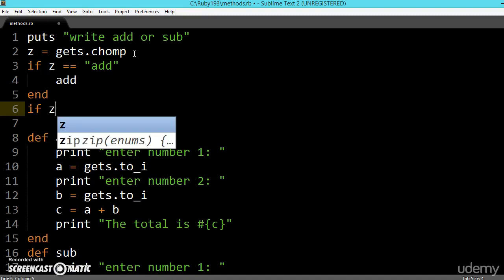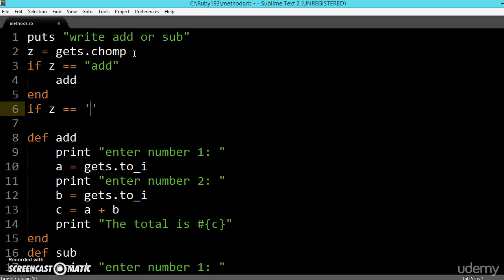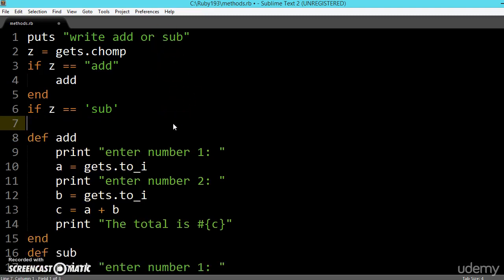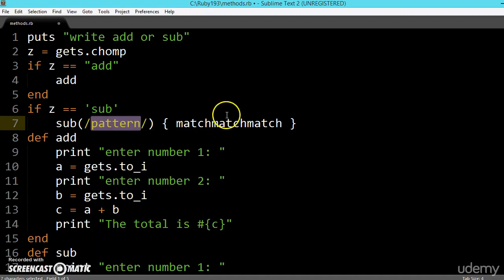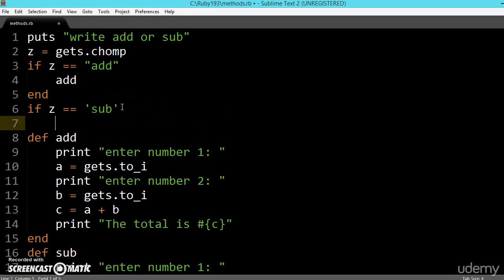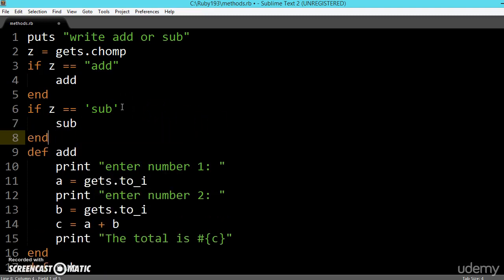If z is equal to, let us say, sub, call the function sub, and end it.